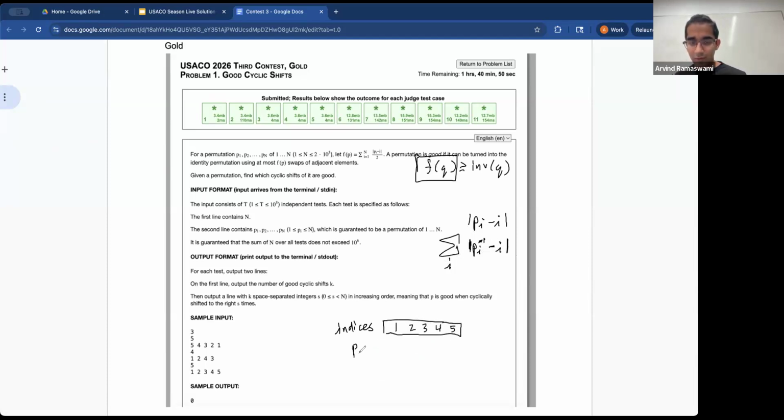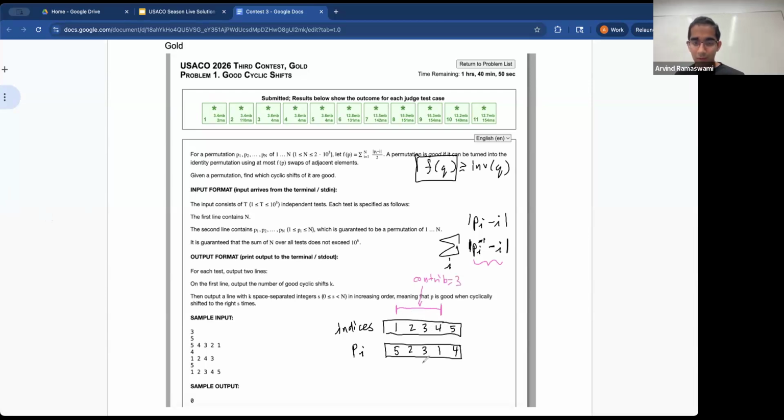And then this is the permutation, so this is 5, 2, 3, 1, 4, right? So how you can visualize this pi inverse minus i is you just look at the first position here and then find the distance to the 1 over here, right? And here this contributes 3 to the sum,